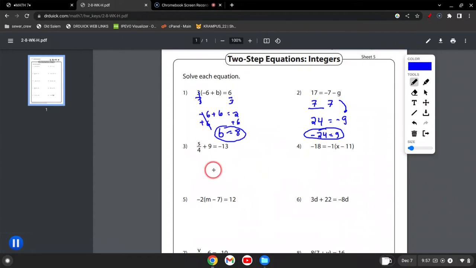All right, let's look at this one. 5 plus 9 equals minus 13. Let's get rid of the 9. Minus 9 here, minus 9 here. This goes away. Minus 13 and minus 9, what's that going to be? Negative 23, because they're both negative? No, it's 22. I have to make sure I'm doing my math right. That's 22. 22 is equal to